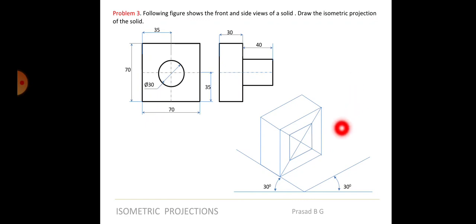These are centrally placed, right? So center is same for this. So that means if this is 70 and if this is 30, 70 minus 30 is how much? 40. So where is that 40? 20 is this side, 20 is this side. Same way in this side also. This total distance is 70. This distance is 30. So 70 minus 30 is 40, so 20 this side, 20 this side.